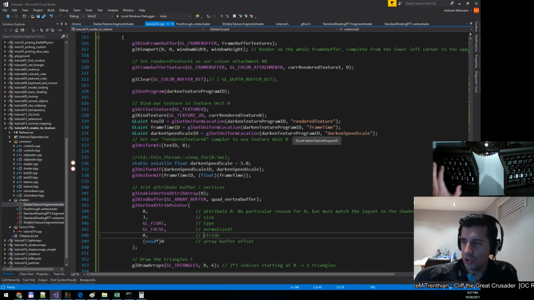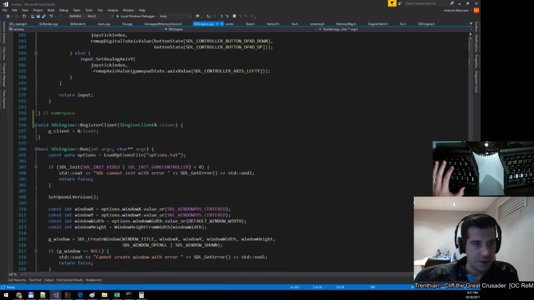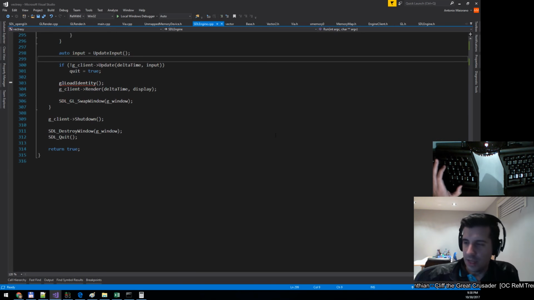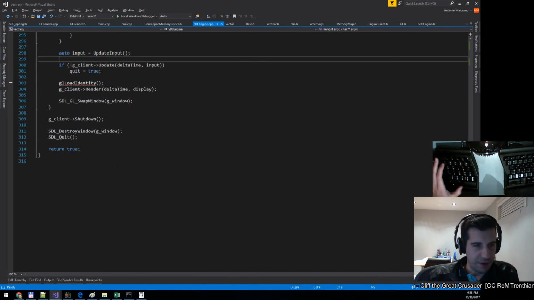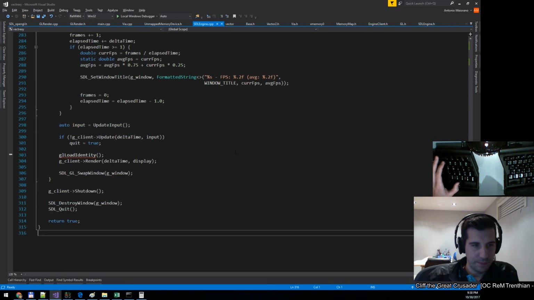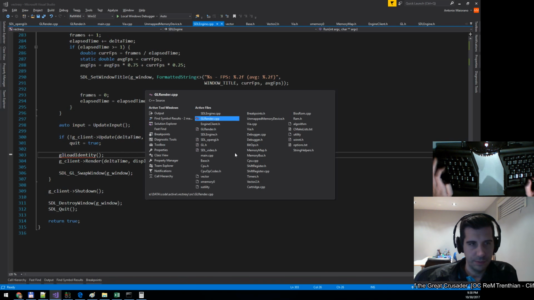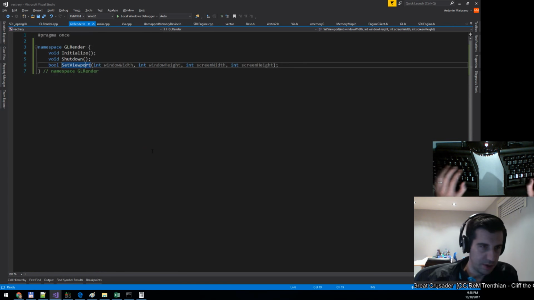And what I'm working on this stream is replacing this fixed function pipeline and this non-shader code with the code that I worked on in this tutorial that I modified last week. So there won't be any more fixed function pipelines soon. Yeah, so where do I want this? I guess for now I'll just do something like